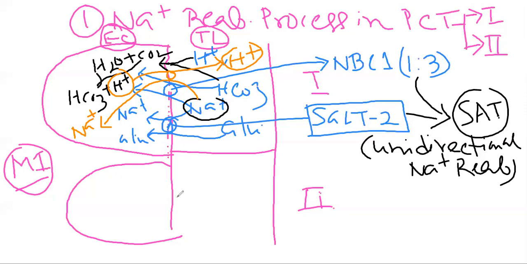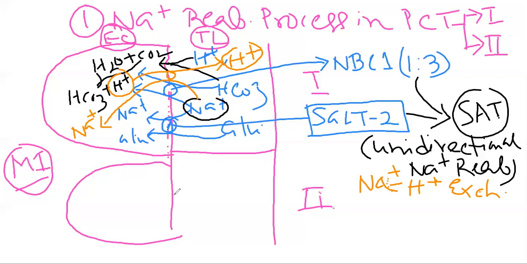Now, what happens by all these three processes, and here it is the sodium hydrogen ion exchanger process, which is also an example of secondary active transportation. So the sodium hydrogen ion exchanger will also be present in the proximal part of the nephron, part 1, and by this process sodium ion will enter into the epithelial cell.